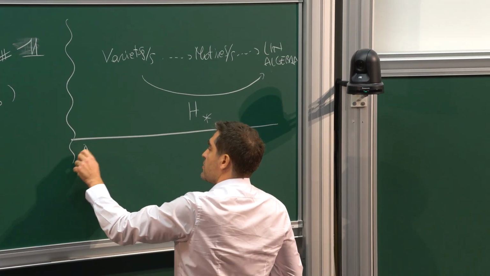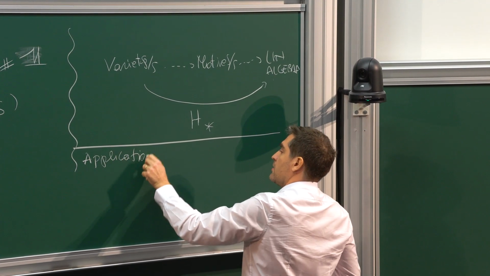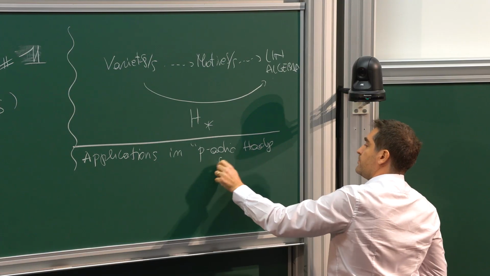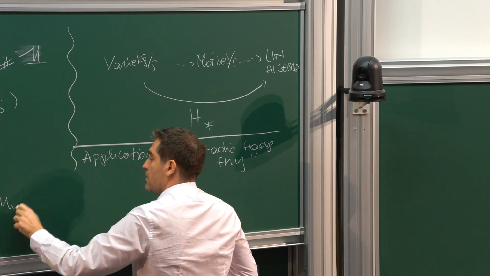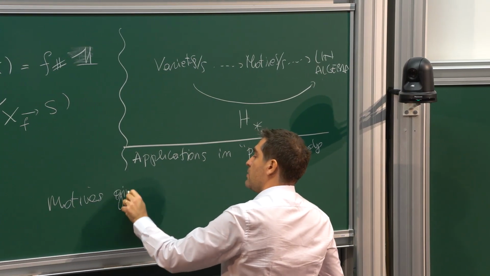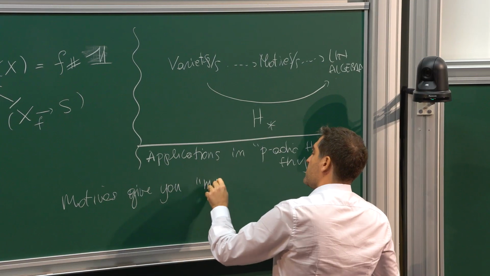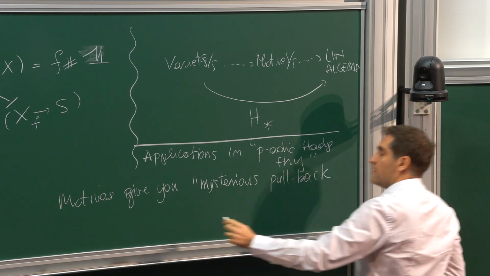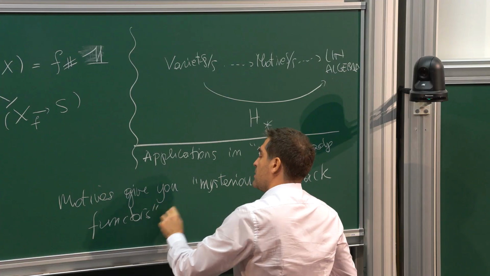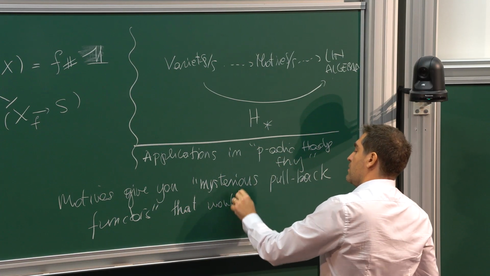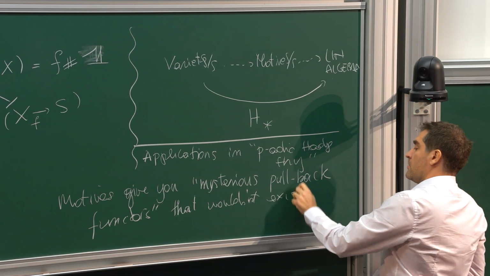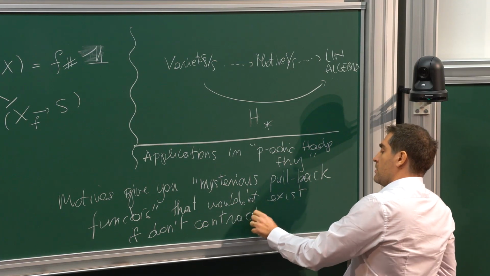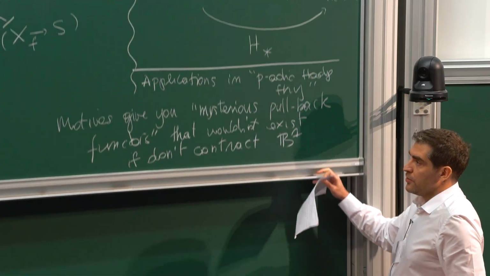I have a different motivation in mind. So let's say applications in p-adic Hodge theory is that motives give you some sort of mysterious pullback functors that would not exist if we don't construct B1. And to name you a few,